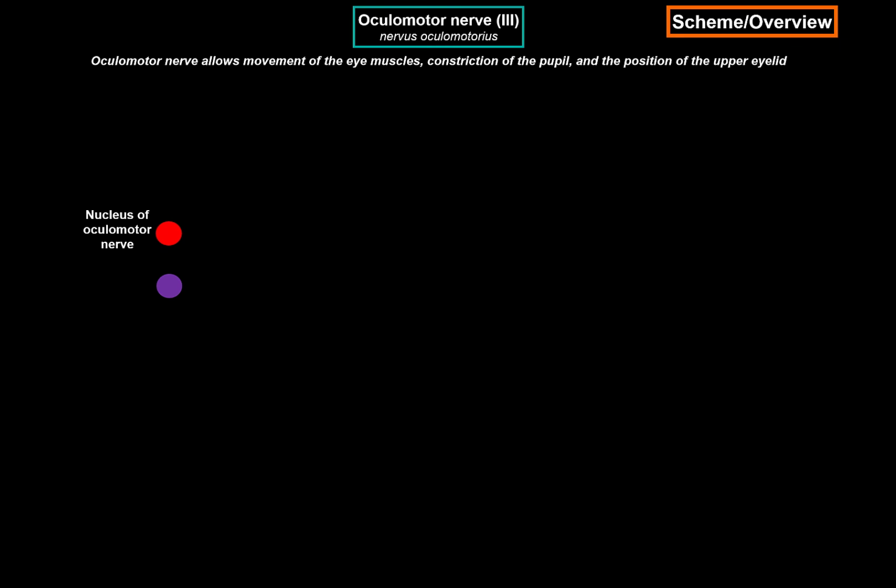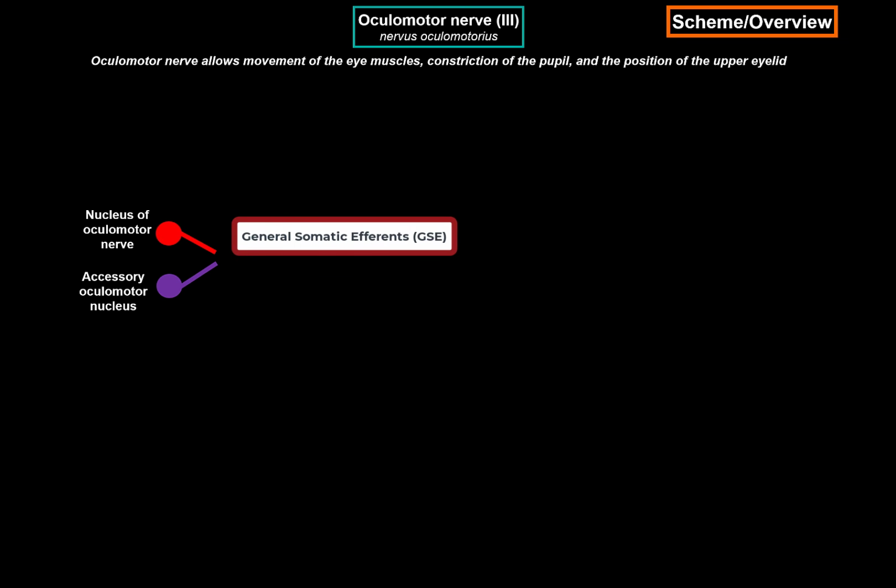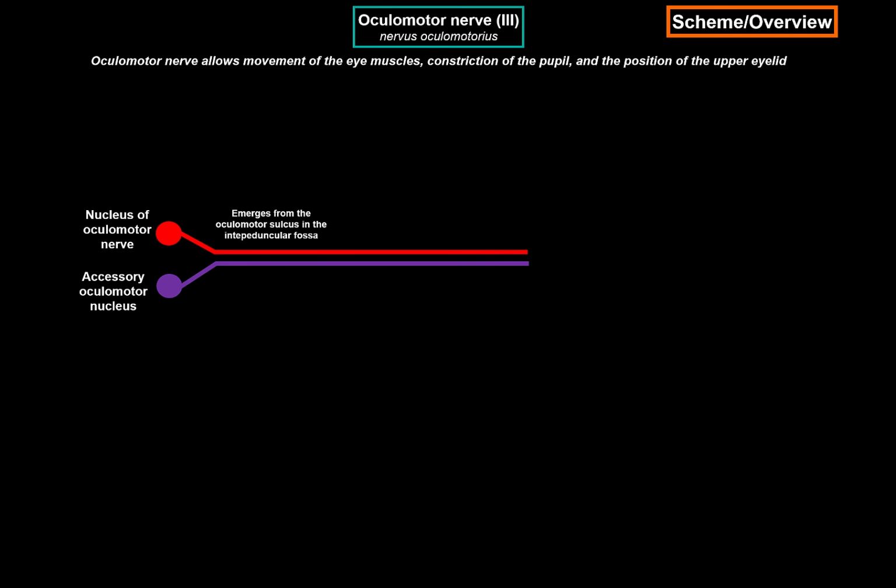Those are called the nucleus of the oculomotor nerve and the accessory oculomotor nucleus. The oculomotor nucleus is a motor nucleus, or what we call general somatic efferent nucleus, while the accessory is indicated in purple, so it's parasympathetic, or what we call general visceral efferent nucleus. Those two nuclei are going to give off fibers that are going to meet and run together as something called the oculomotor nerve complex. It's going to go out of the midbrain through the oculomotor sulcus from the anterior side,